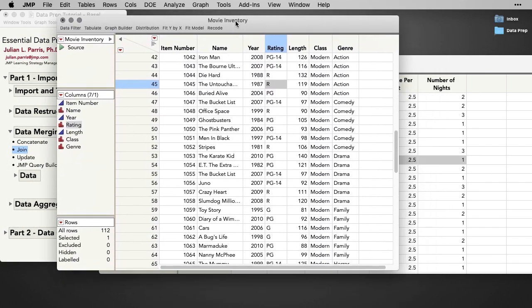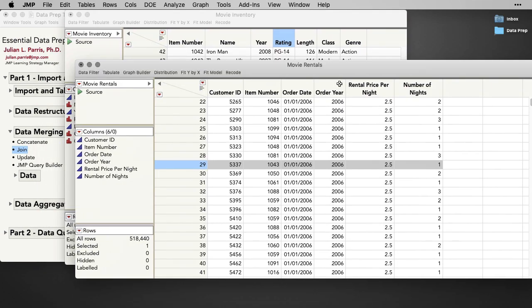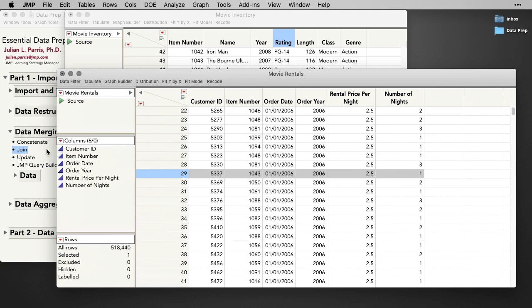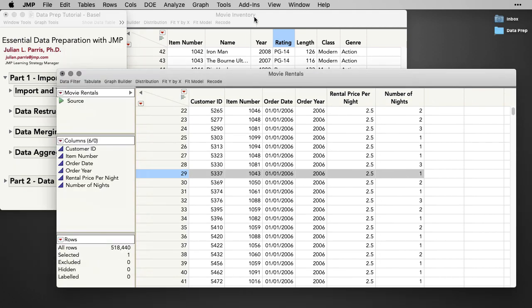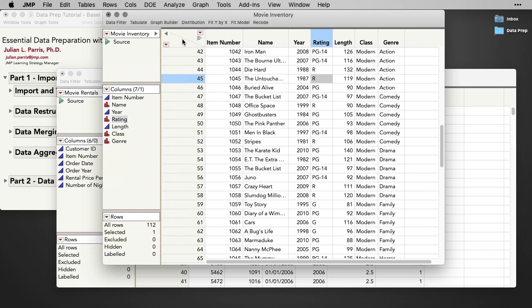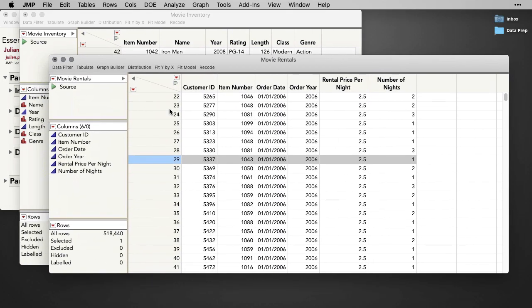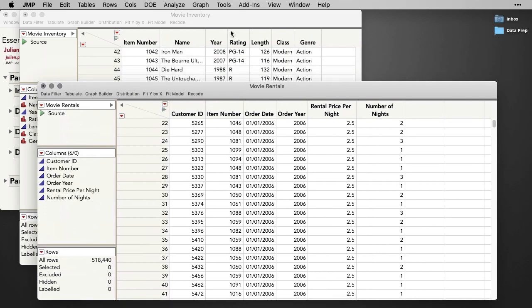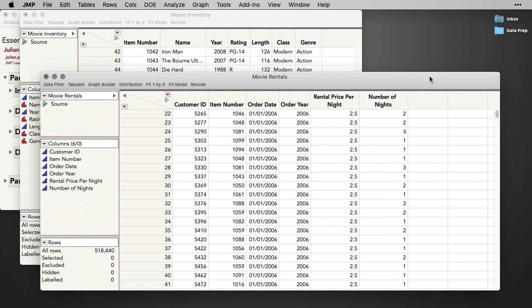This was new as of JUMP, I want to say 13, maybe it was JUMP 14, which is the ability to join virtually. And I don't have it on my list, but I think it's too important not to mention. So if you have a situation that's well defined like this, where you have a rentals data set that's very large, 500,000 rows, and you don't want to bring the inventory data into the rental data, because actually that's wasting space. If you think about it, every time item number 1046 pops up, which is 4,768 times,